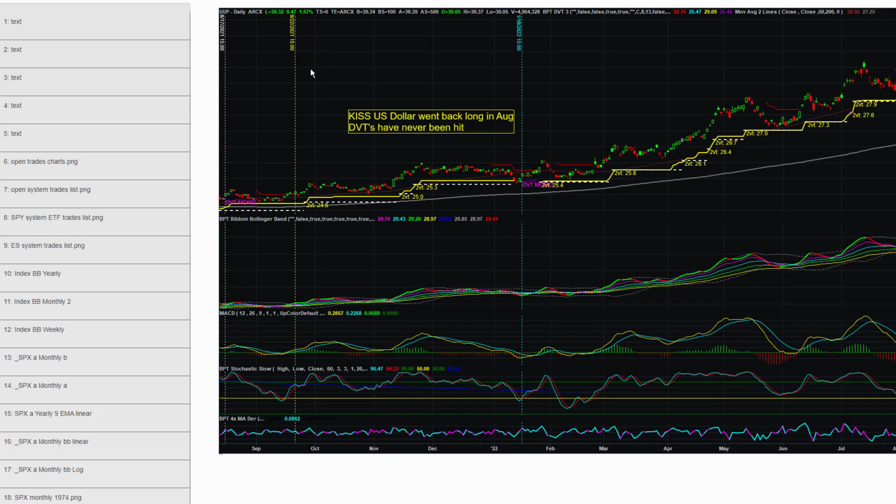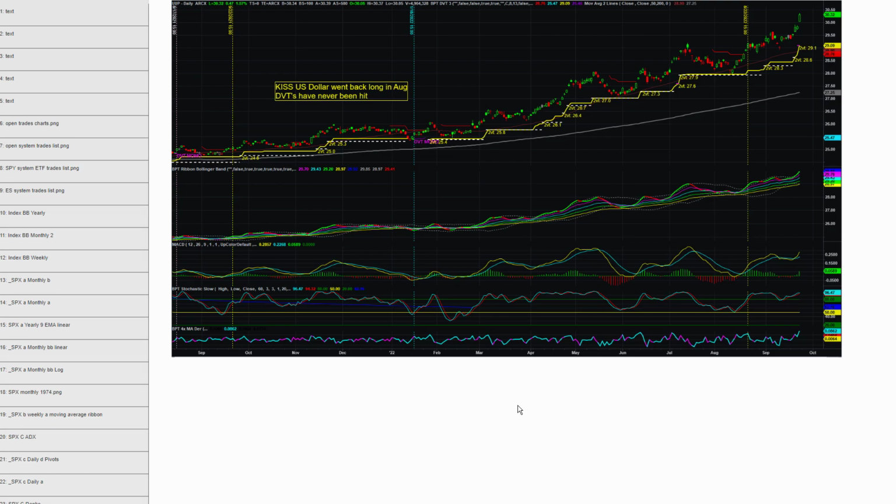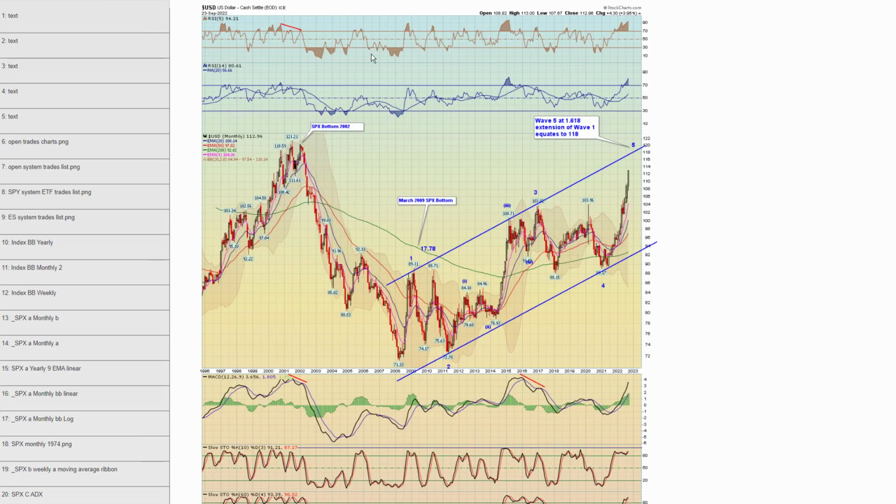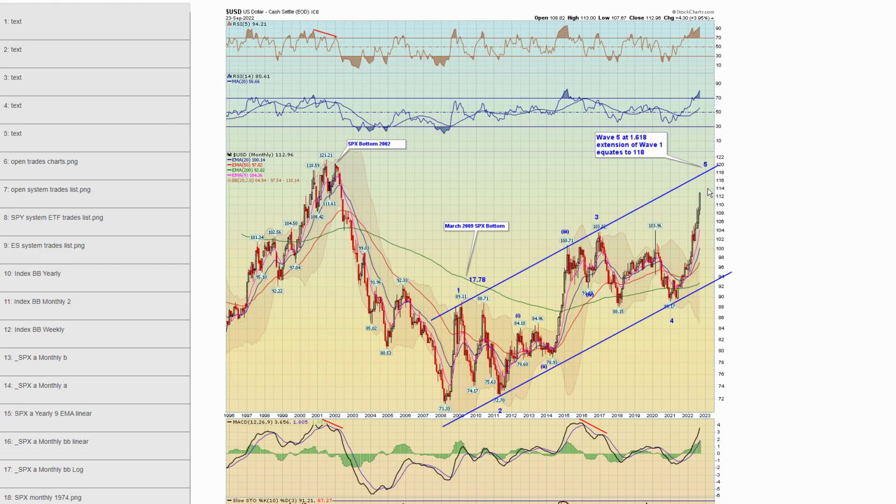Next, chart 65, here's the KISS system for the US dollar, UUP. It's done very well. In fact, it showed a long back in 2021, and it's still long. Its DVT insurance stop is at 29.10 now. Next, chart 66, US dollar on the monthly view. Steve showed this last week. One target could be this upper channel line, wave 5. Again, that's if it stops there. You know, you wouldn't be very far away from this 2001 high.